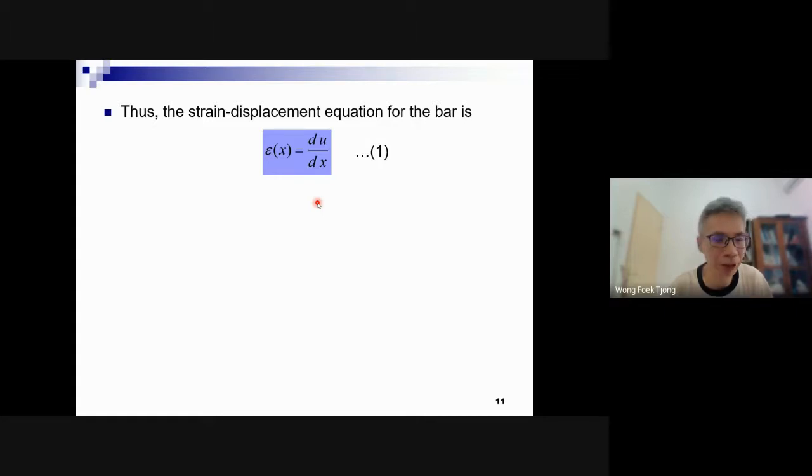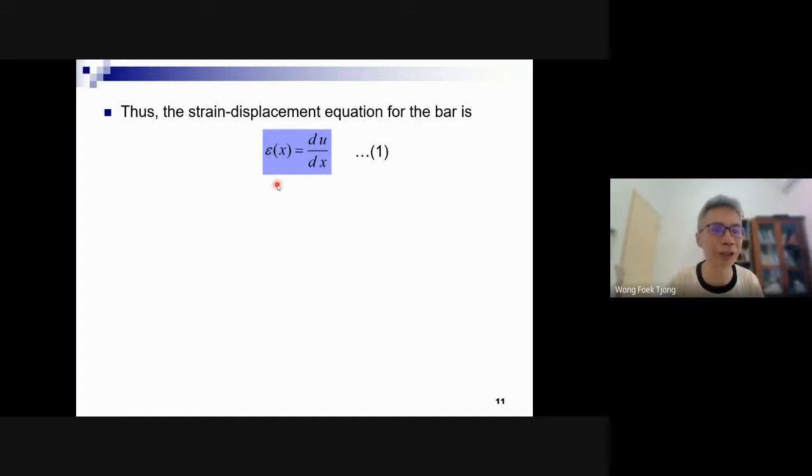Please, if you have any questions, don't be too quiet. I'm afraid you will be sleepy. Is it easy or difficult? Or you still don't understand? Please give me comments. Also to check the internet. Trying to understand, sir. Okay, good. Actually, not so difficult, right? Kinematic equation is the relation between U and epsilon.